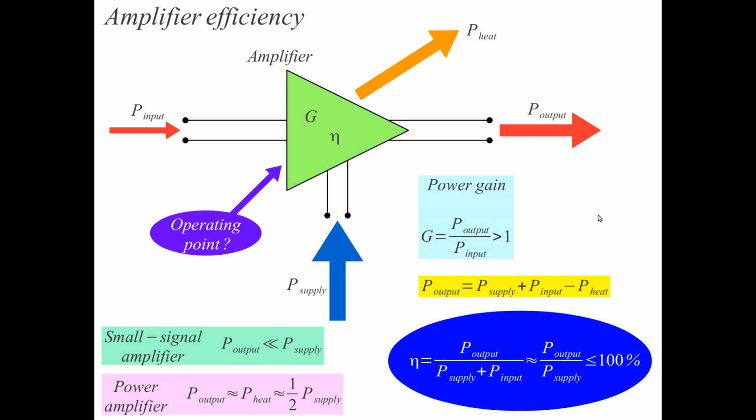So if we look at an amplifier as a black box or green box here, the issue that comes up building transmitters is amplifier efficiency. So how much power can we get at the output of the amplifier given power available from a supply? And this is equally important from the smallest transmitters, like a mobile phone that has a battery with a limited capacity,